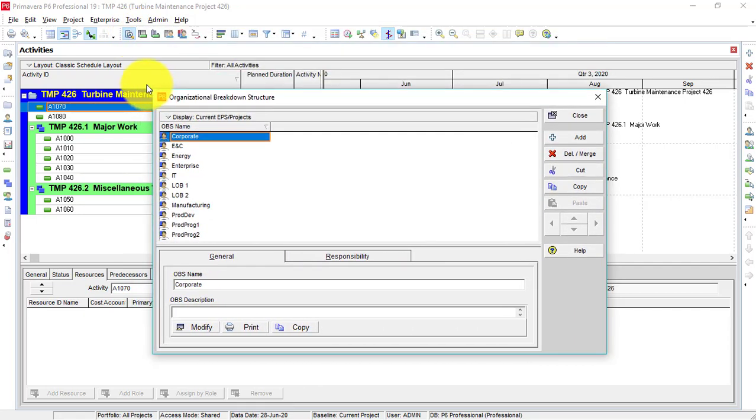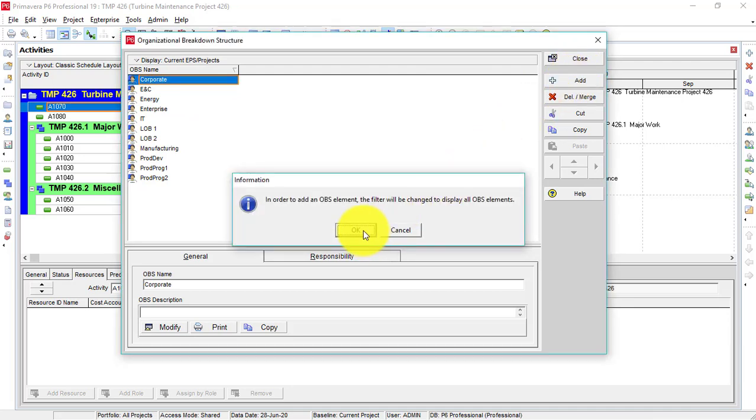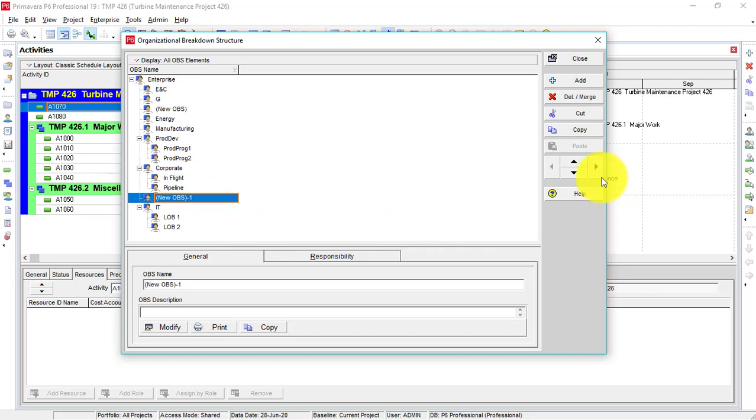From here you can zoom in or zoom out. First click on this Add button, and from here you can see Shift Up, Shift Down, Shift Right and Shift Left.